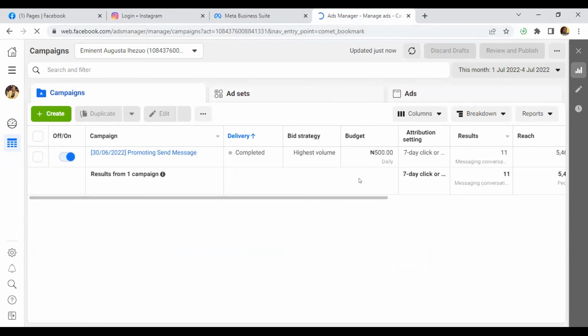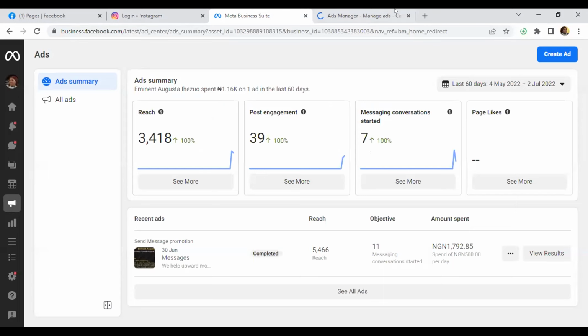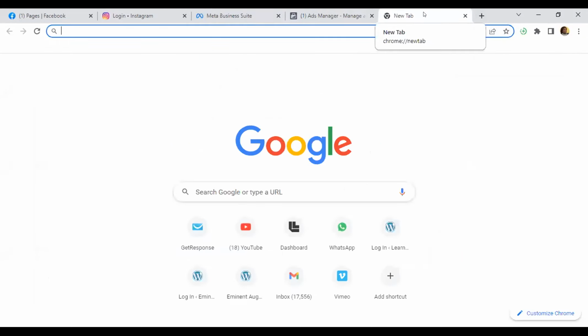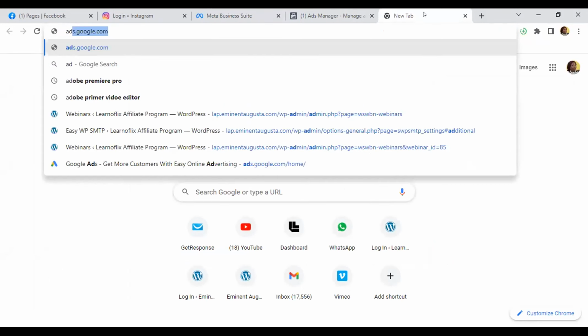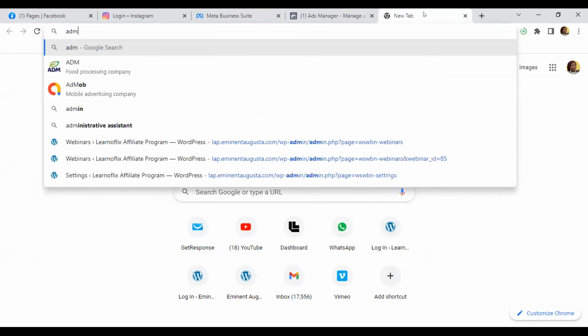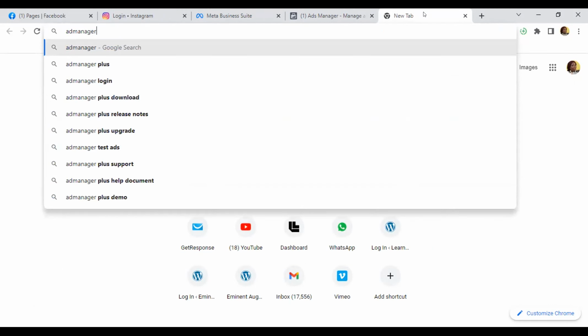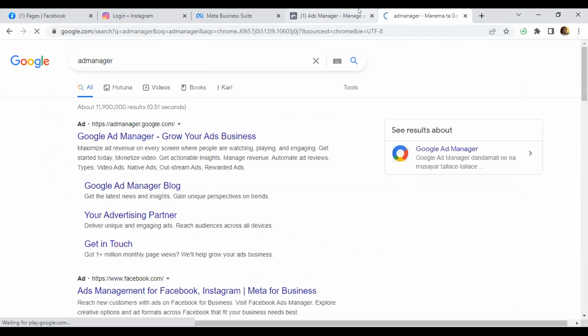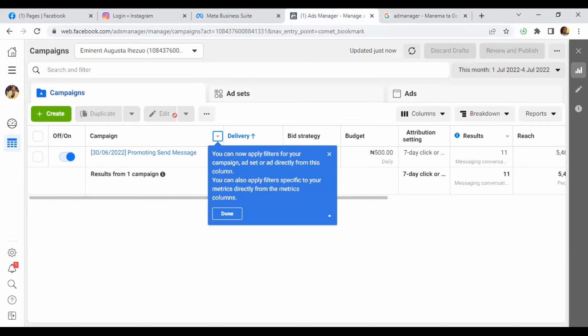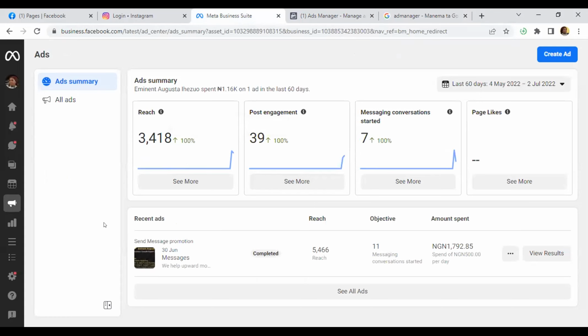so this is an ad I created on my personal Facebook account, and this is an ad I created on my Facebook page. But personally, for the course of this training, we'll be dealing more with Ads Manager. So I prefer to use Ads Manager. Okay, so this is Ads Manager for my personal Facebook account, and this is Ads Manager for my Facebook page. So if I click on create ad,